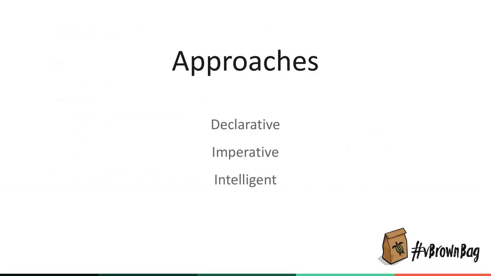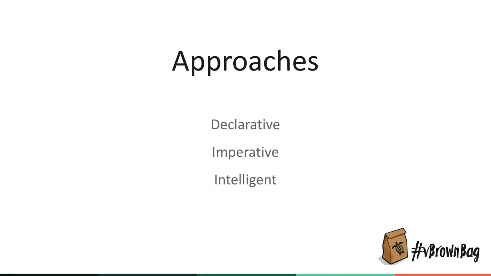It's declared. Imperative is more procedural. Again, sticking to the cake scenario, the procedure will be, I go to a bakery, or I call the bakery. I ask for the cake, and I describe the shape of it and the flavor, and I pay for the cake, and I pick it up. That's more of an imperative. It's step by step in the order you do it. So if you're going the imperative way, you can't mix up the order. You can't say, I pick up the cake, then I call the bakery.